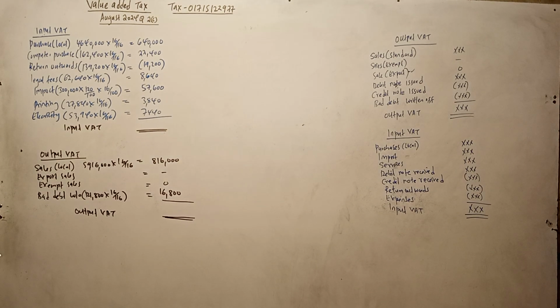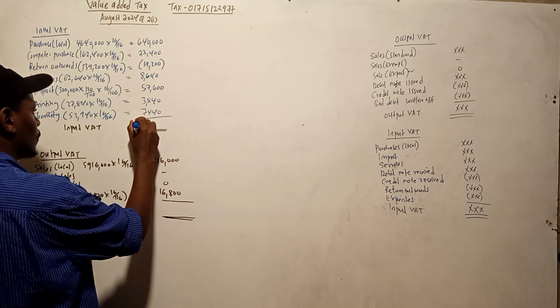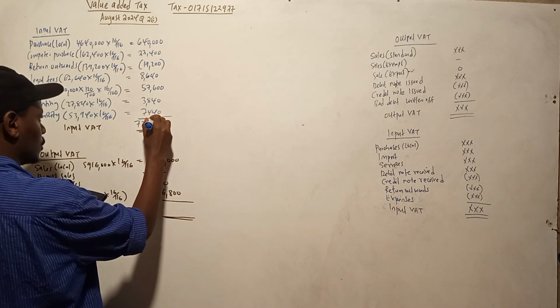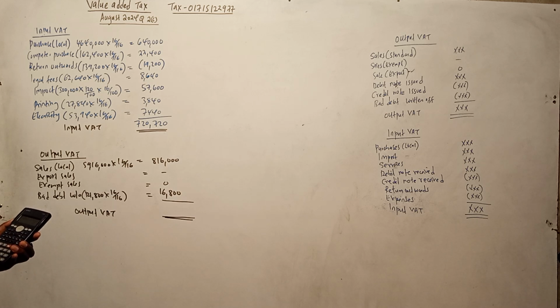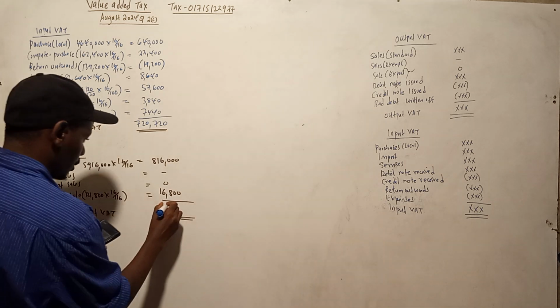So 640,000 plus 22,400 minus 19,200 plus 8,640, 57,600, 3,840 plus 7,440. So 720,720. The other one, 816,000 plus 16,800, which is